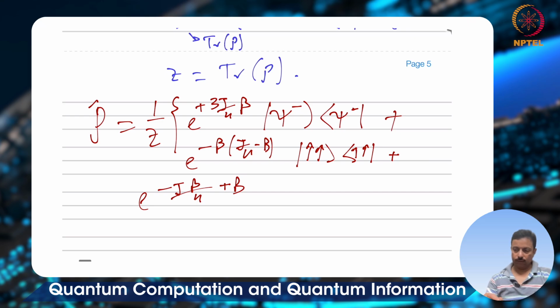Okay, sorry, the beta is here also. Beta B is equal to J by 4, beta is common, minus J by 4 plus beta. Okay, plus B beta. Now so this fellow will correspond to